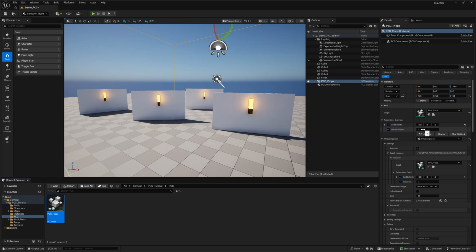So now we are able to change the number of the lamps on the walls without the need to open the PCG graph, and we can simply just change the instance count parameter to whatever number that we want. But I haven't yet exposed the transform parameters for the lamps, so we can move them around on the wall or change the scale of the static meshes. So let's get back to the PCG graph,